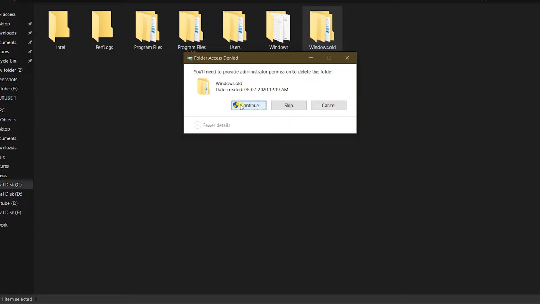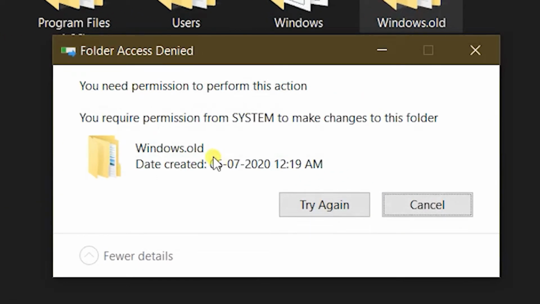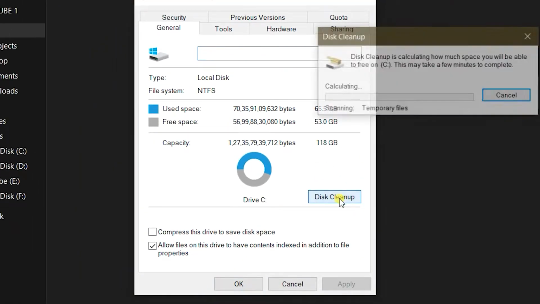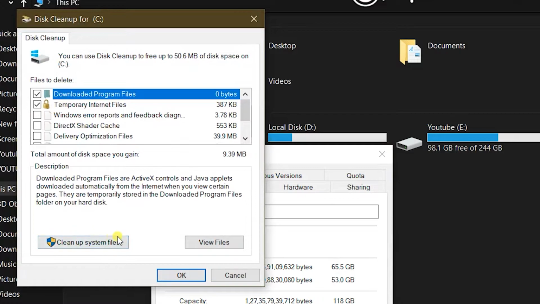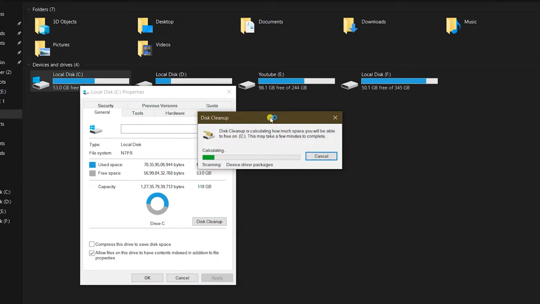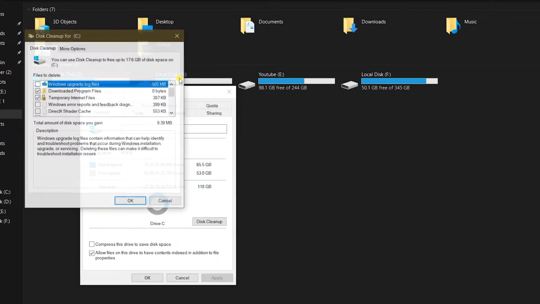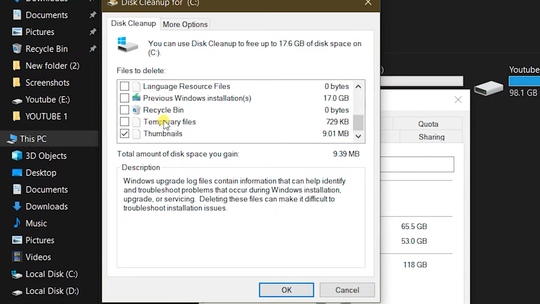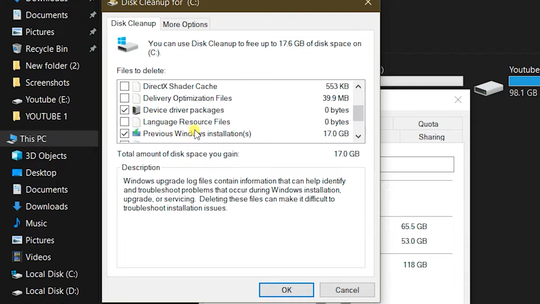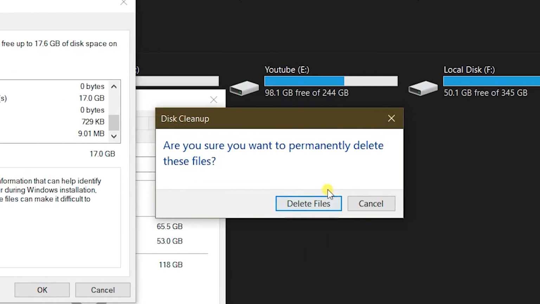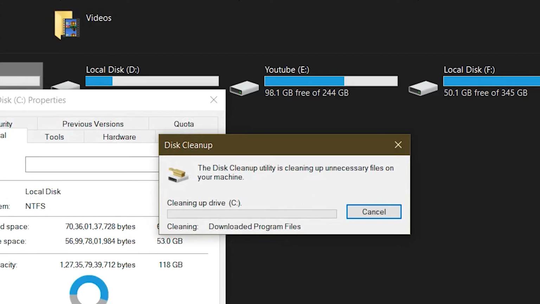Now do this process, and this is for all users. Right click on the C disk, go to Properties, then Disk Cleanup. A pop-up will be shown where you need to select Clean up system files. Again a pop-up will appear. There you select the type of files that you are going to delete permanently. Since the video is only about removing old Windows files, I am choosing the Previous Windows installation folder. Hit OK and wait for some time for the process to complete.